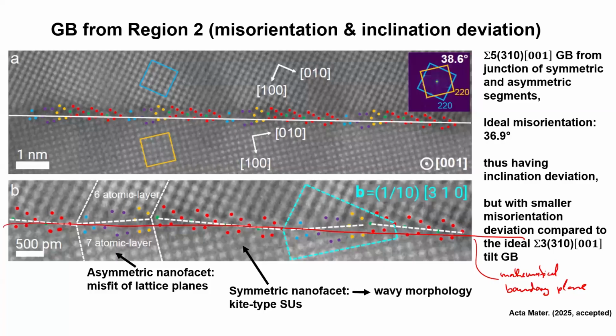Previously, there is something with 8 atomic layers and 7 atomic layers. What does that mean? This means if you count how many come together, it's different numbers. Is that good or bad? Equal numbers would be good, right? Because then you have more coherency at the boundary plane, less energy. So you have to have additional defects here.